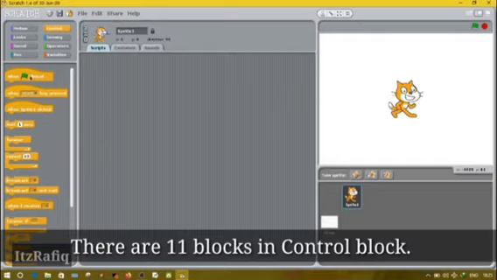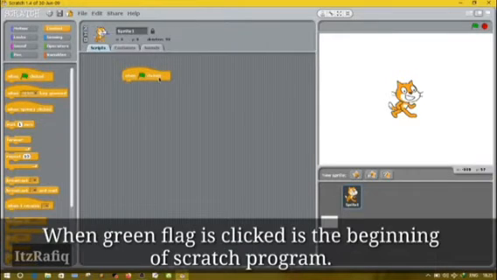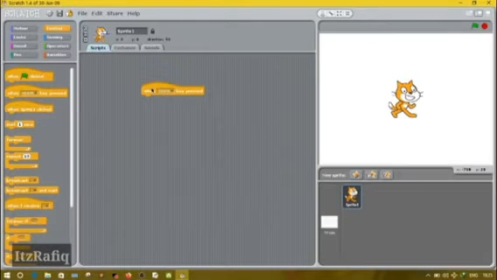There are 11 blocks in control block. At first you will get when green flag is clicked. This is the beginning of the program. Or we may take this one also, when space key is pressed. It means when space key is pressed, the sprite will do something. This all comes under control block.